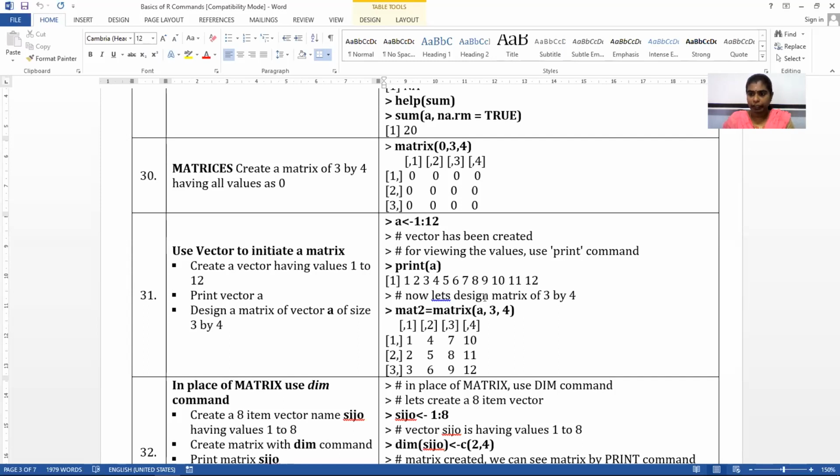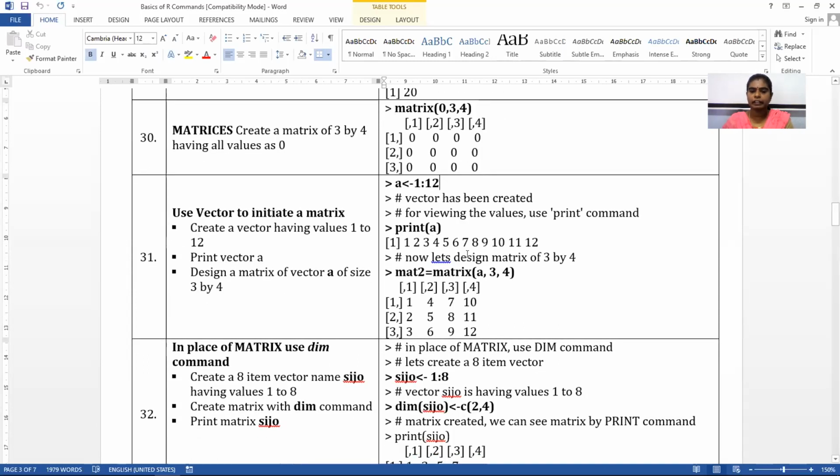Then we have taken it to the next level. Instead of filling my matrix with a constant value, can I fill it with some numbers? How do we do that? We have just created one vector in step 1. Here you can see in the example, we have given a = 1:12.